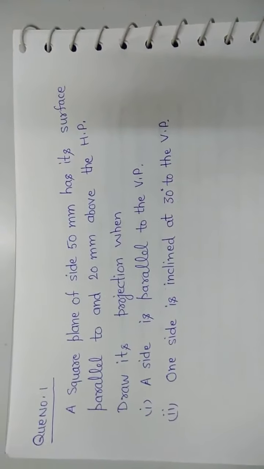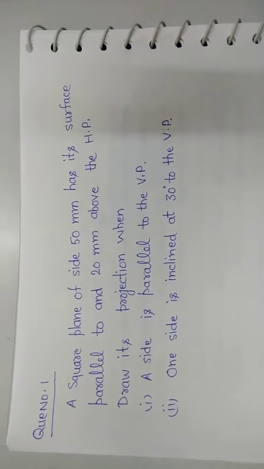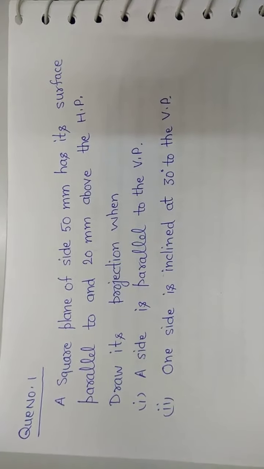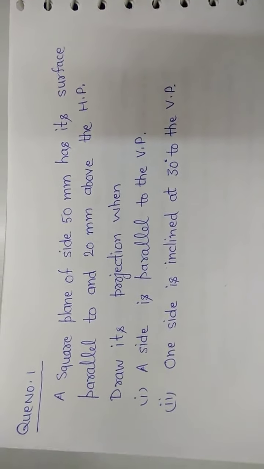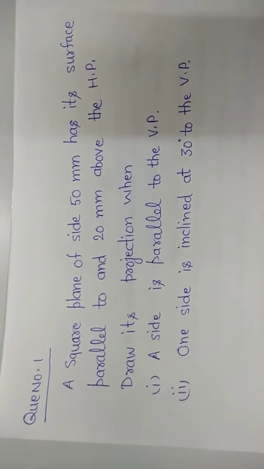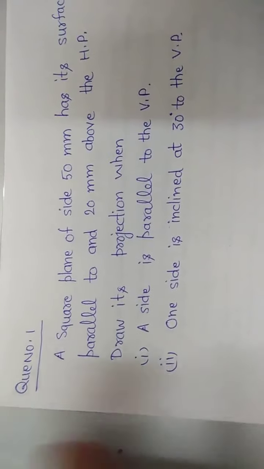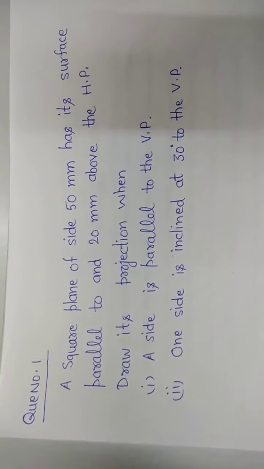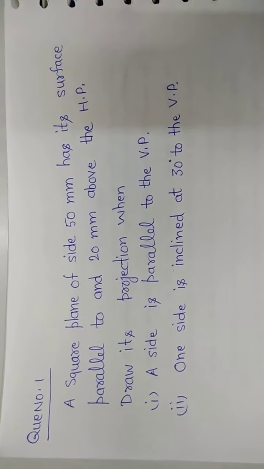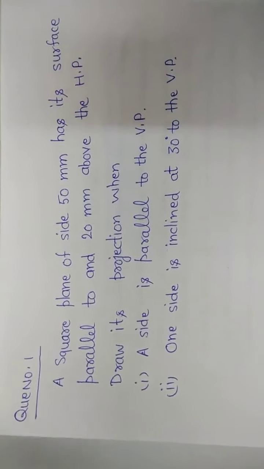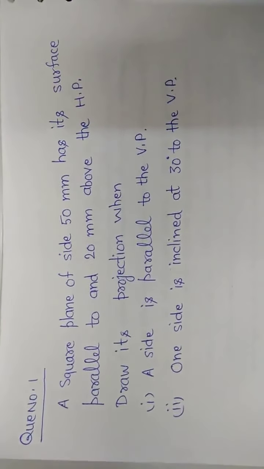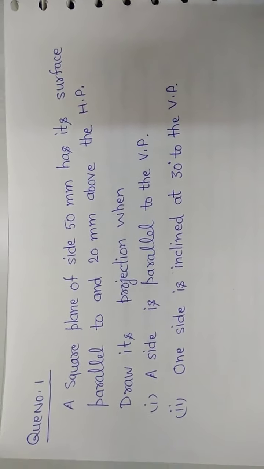Okay, students, so we are coming to the first question of projection of planes 1. As you have already seen in the last sheets, for the projection of lines, when the line was parallel to both the horizontal plane and the vertical plane, the complexity was not that much. But in sheet 2, we have seen that the line is inclined with one of the planes, but not inclined with the other plane. So we will also look into that detail in this sheet.